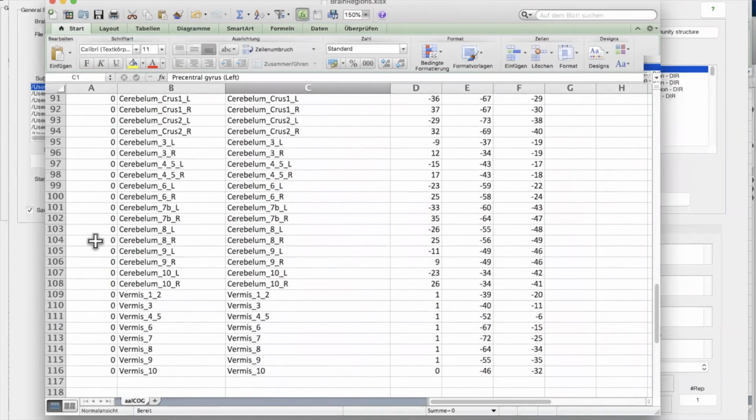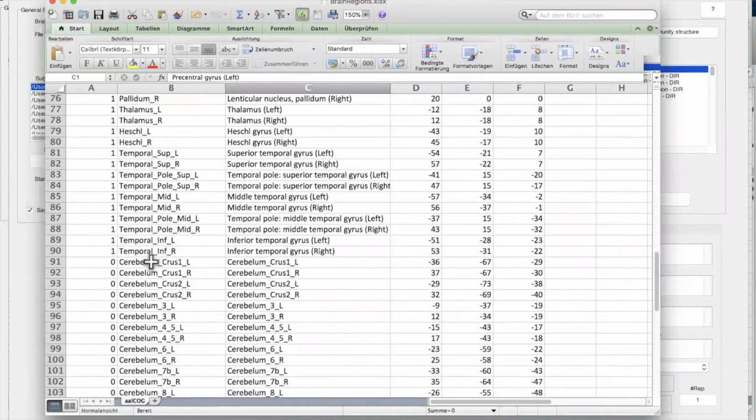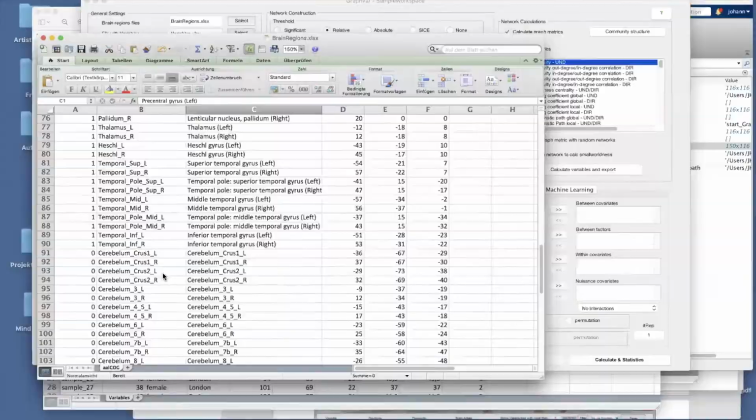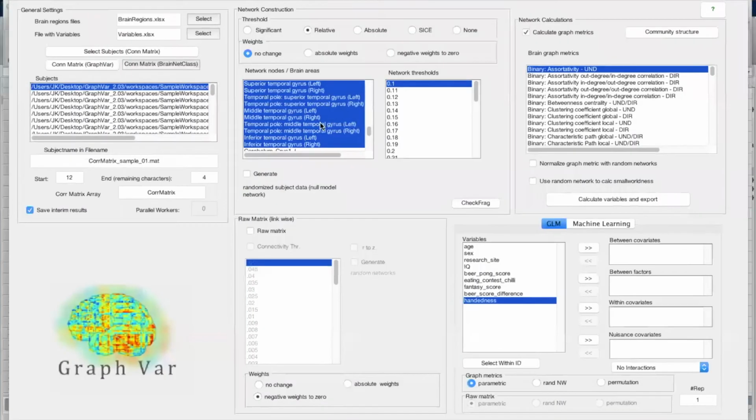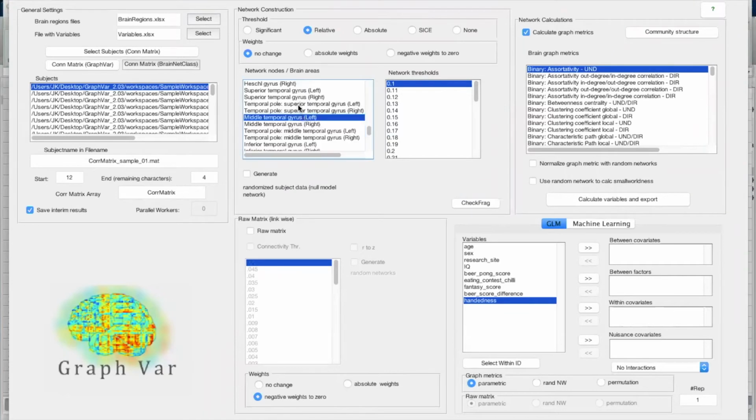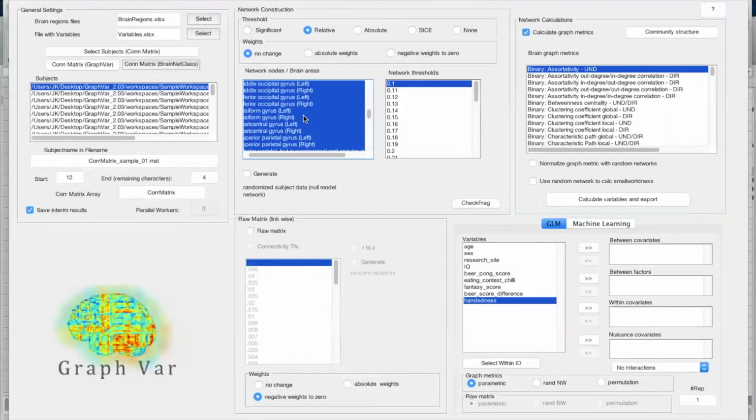And if I go to the bottom, here you see the cerebellum. All I have to do if I do not want to include this in my analysis is put in a 0, so it's automatically deselected in here, right? I'll have the possibility of going in manually here and selecting all with Command A, or maybe deselecting, by holding the Command button, a couple of areas that I do not want to include. So